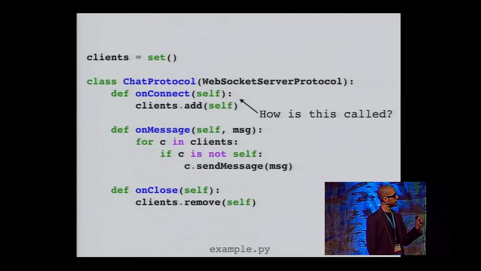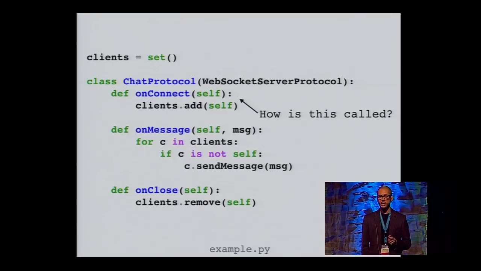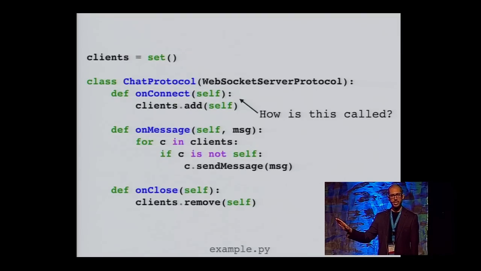What we're interested in is how does onConnect actually get executed in response to a client trying to connect to us? And my assertion is that if we've understood how the low-level event of a client trying to connect to our listening socket results in this callback actually being executed, then we've understood how async works. So keep that in mind. This is the goal. We want to see how onConnect gets executed. And we're going to get there in kind of two phases.